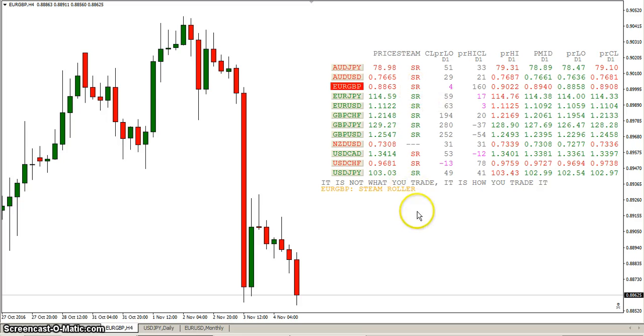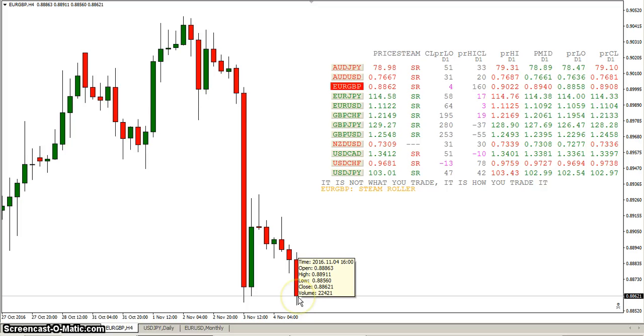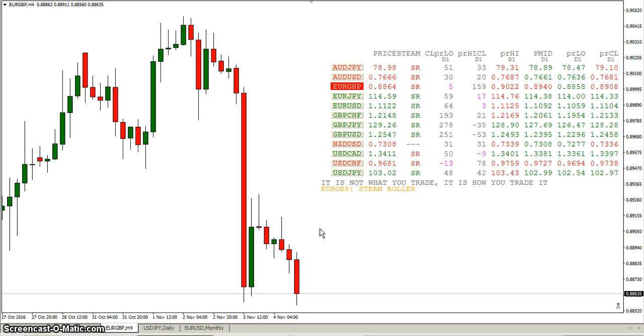what's a steamroller? A steamroller is when you have a big bar. Big bar is being determined by using the ATR for the last 100 days. If the current bar is bigger than the ATR for the last 100 days, I'm calling that a steamroller, and you don't want to be in its way. Some people say you might get freight trained, but if you remember the Bugs Bunny Roadrunner cartoons and the coyote, the steamroller would come and just flatten them out, and that's what happens if you get in the